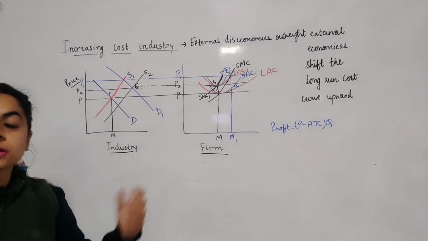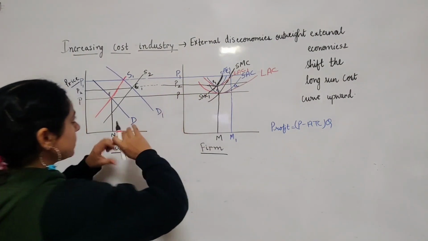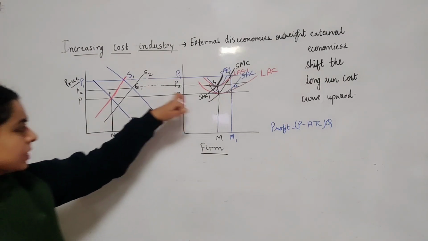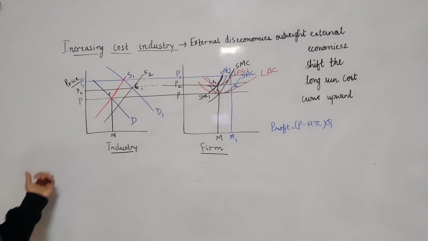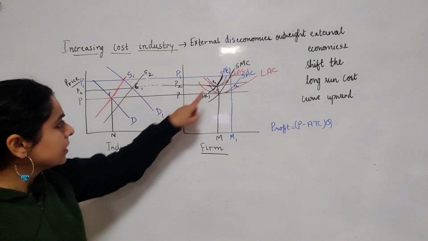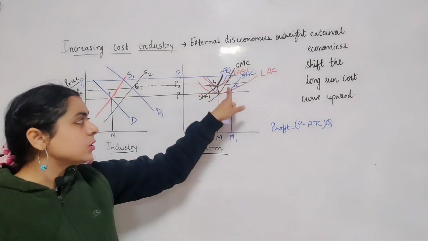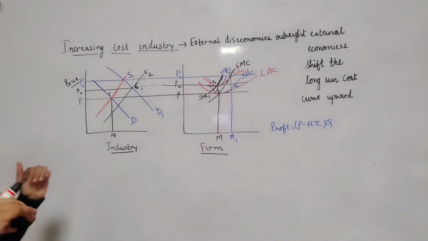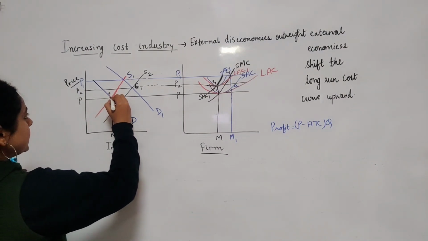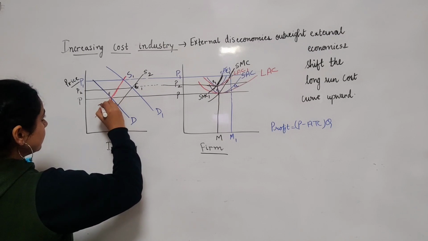So the supernormal profits are now wiped out because of entry of new firms, and the firm again starts earning zero economic profit, or basically we can say the firm starts earning normal profit, because again price and long run average cost are equal to each other at this new equilibrium point E1. Now, if we join these two points, this point E and this point E1,